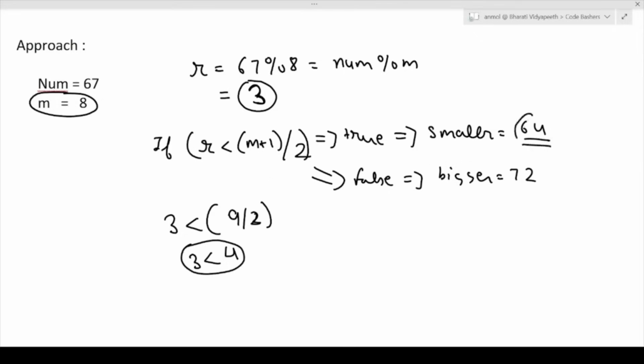But how come we will reach this 64? Because we only have 67 and 8 with us. How come we will reach 64? By this condition, we just know that we will have to return the smaller number. But how will we return the smaller number? We will return the smaller number by using this equation. Once this smaller number condition is fulfilled, we will simply return